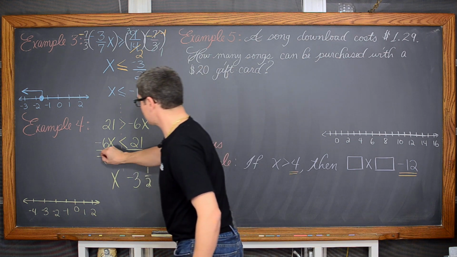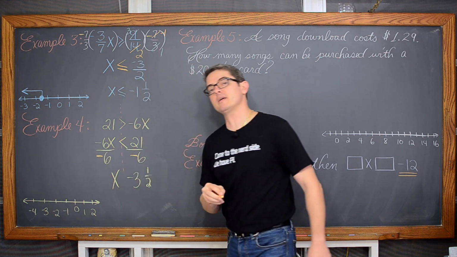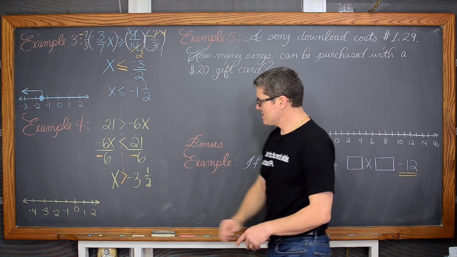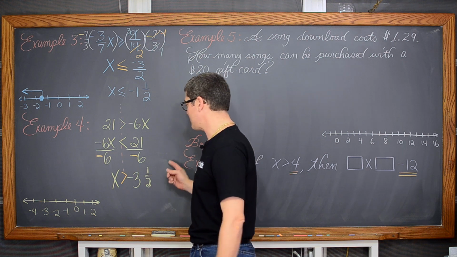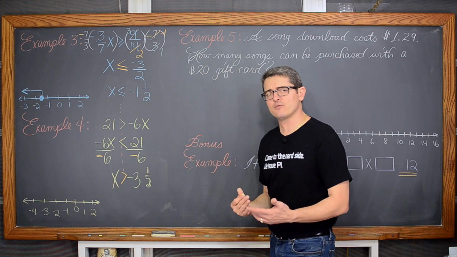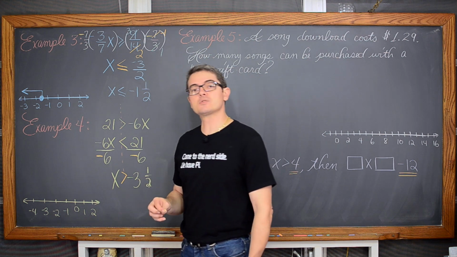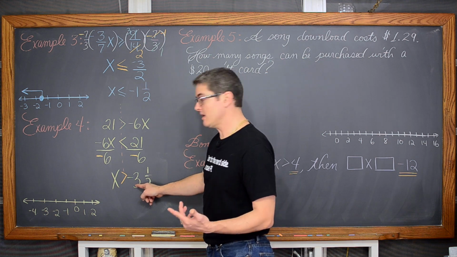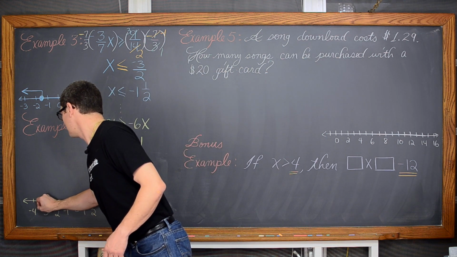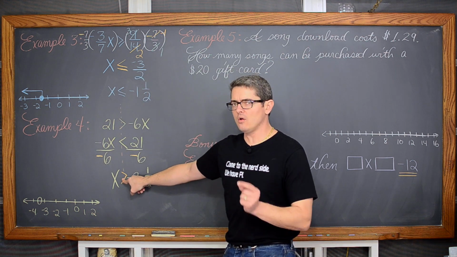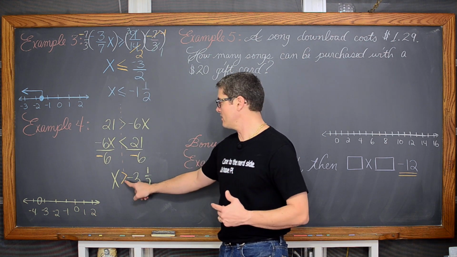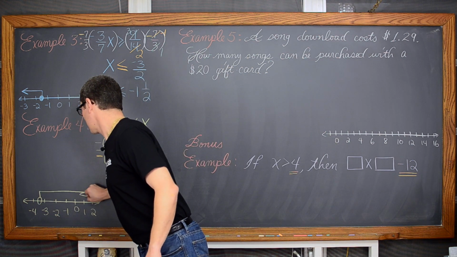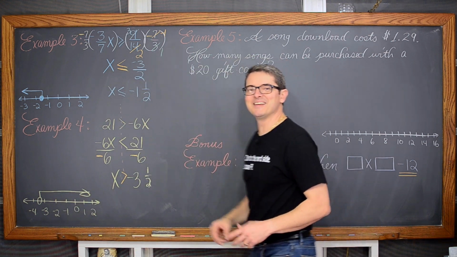And let's make sure that we don't forget we divided both sides by a negative number, so we switch the direction of that inequality symbol. Open dot on negative 3 and 1/2. So again, I'm also working with a lot of negatives, trying to think of where my students make mistakes when they're first starting off in their journey of algebra. So between negative 3 and negative 4, we're going to put an open dot. This value of x is representing all values which are, open side, greater than negative 3 1/2. And greater than, you get larger as you go to the right on the number line. Probably sound like a broken record now, but again, just trying to help you get that into your brain.